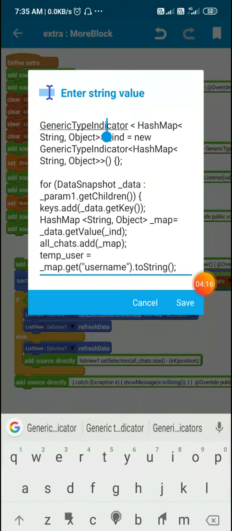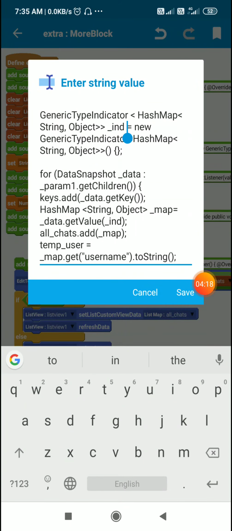Now I define a generic type indicator underscore ind which indicates generic type indicator hash map string object, which means map variable. Then I have this loop for data snapshot underscore data of param1 dot get children, means each child of param1 is underscore data. So from that data I get the key and add it to list keys.